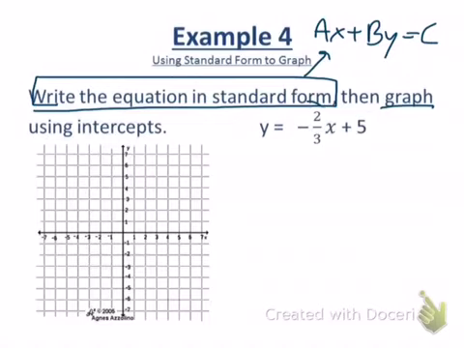You can't have a fraction. That's right. So first thing we need to do is add 2/3 x to both sides. 2/3 x plus y equals 5. And that's where your textbook stops, and your textbook is wrong because that's not standard form. Why is it not standard form? It has a fraction in it. To get rid of fractions,